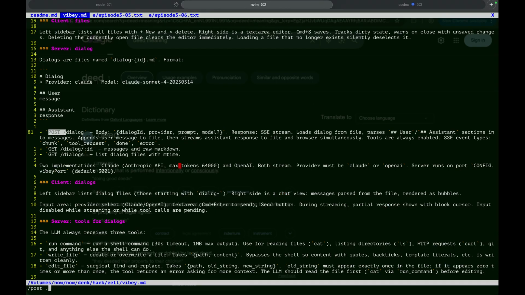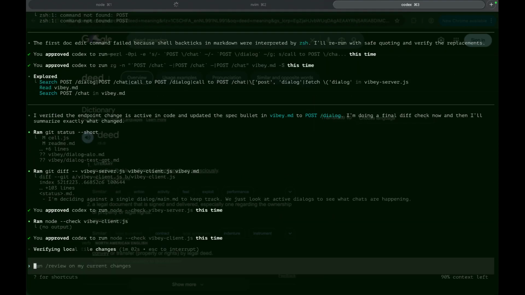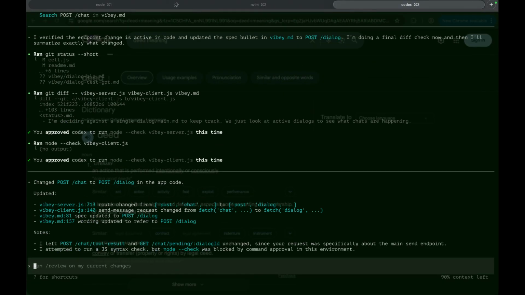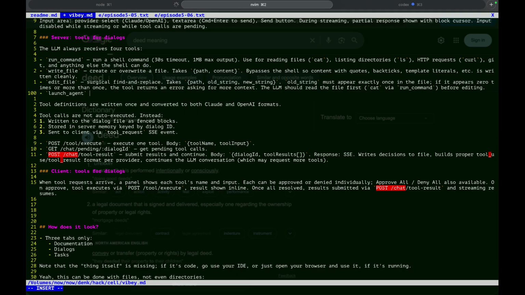Okay, the dot n.2. For tools, launch agent, the equivalent of making a call to spawn a new dialog.